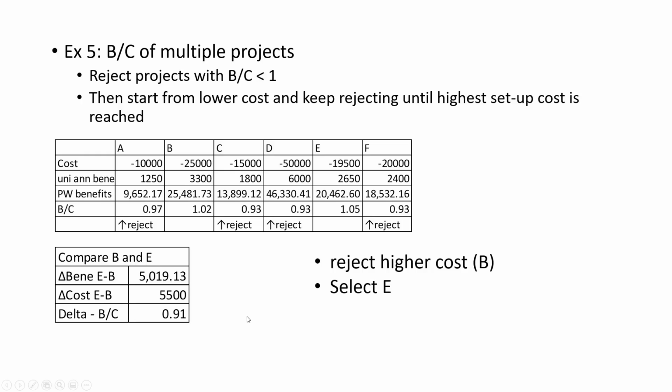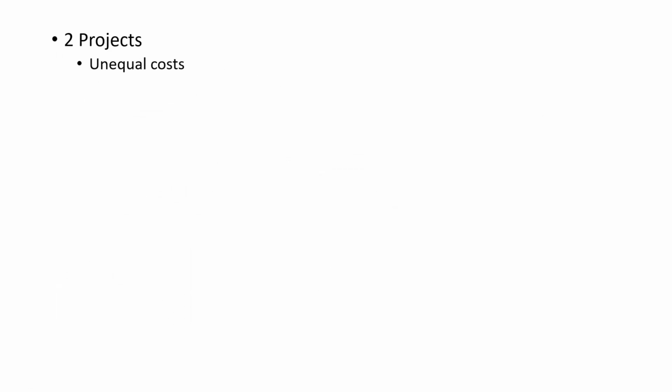Higher cost option B is rejected, and we select the lower cost option, that is E. Lower cost, higher cost, where does that come from? Look at this number. This is higher cost, and this is lower cost. So we select E. Moving on, we have two projects with unequal costs now, and they have maintenance costs and